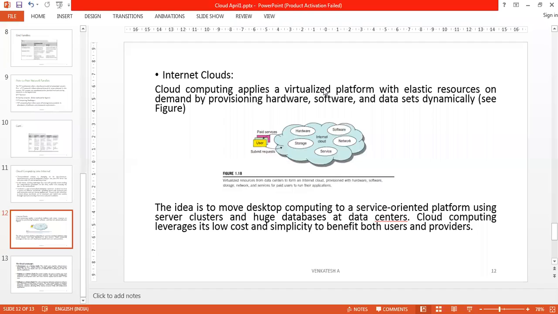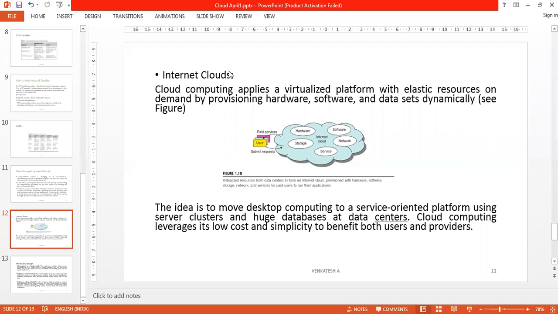Therefore, cloud computing applies a virtualized platform with elastic resources on demand. Remember this: elastic resources are resources which can be scaled down or scaled up by provisioning hardware, software, and data sets dynamically. You can see this diagram. This cloud represents the resources, like hardware, storage, service, network, and software, everything connected to form a cloud platform. It consists of multiple data centers that are geographically separated, and you connect all those data centers using the internet. By using the same internet, the end user consumes the services by making a request to the cloud, and the cloud will provide